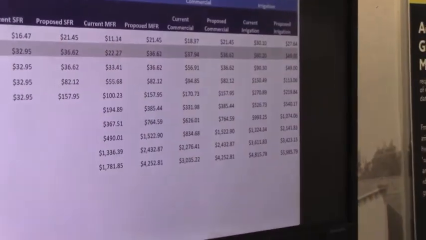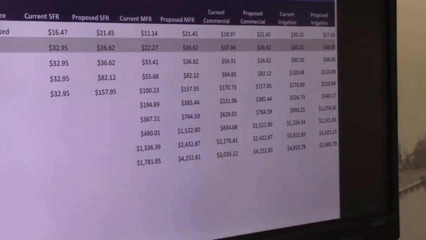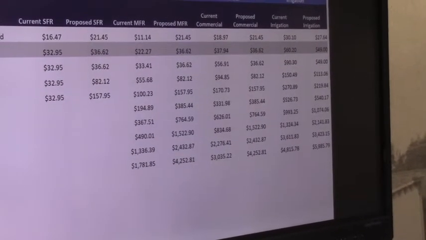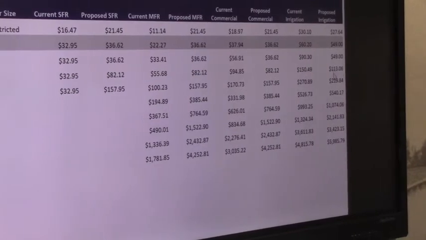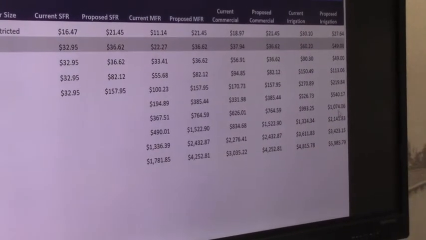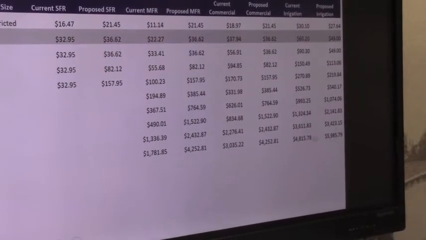And that's a difference in the meter equivalency table that Raftelis used over the last rate consultant. Everybody's just got a slightly different way of working. And then, of course, irrigation is a little bit lower in the smaller meters. And then, once again, as you get up to these larger meters, they go up quite a bit.